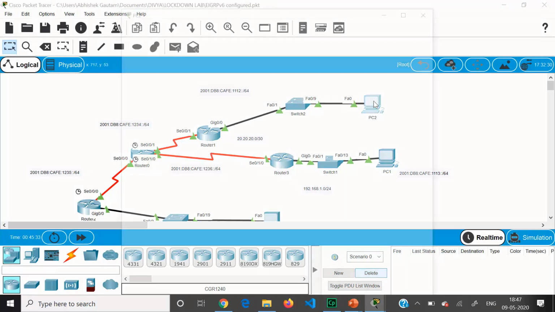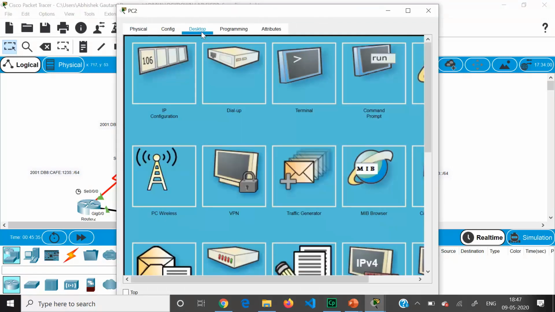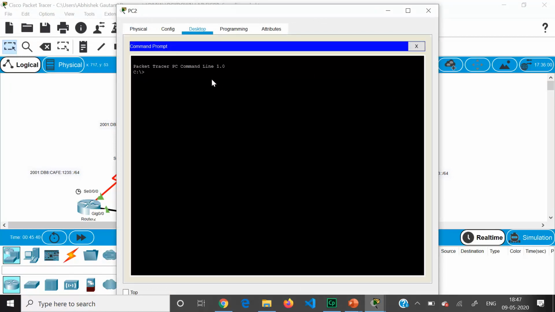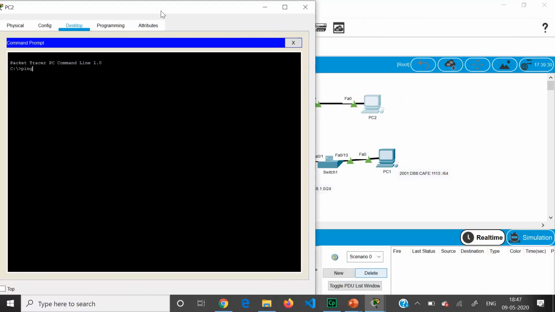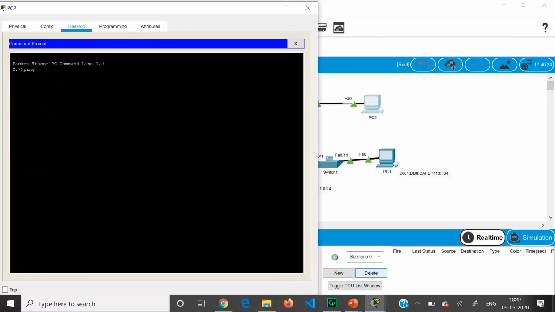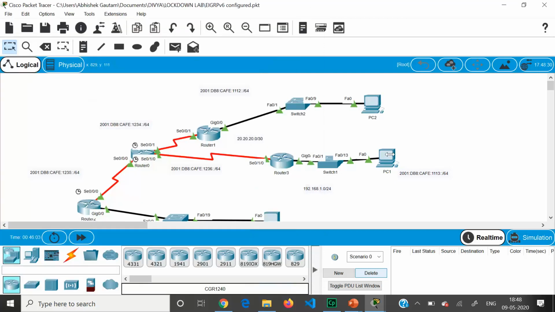If I go to PC2 desktop, I'll go to command prompt, ping. I'll use the ping command because in Packet Tracer 7.3 version there is an issue. 2001:db8:cafe:1113, and let me see what IP address I have assigned to PC1.